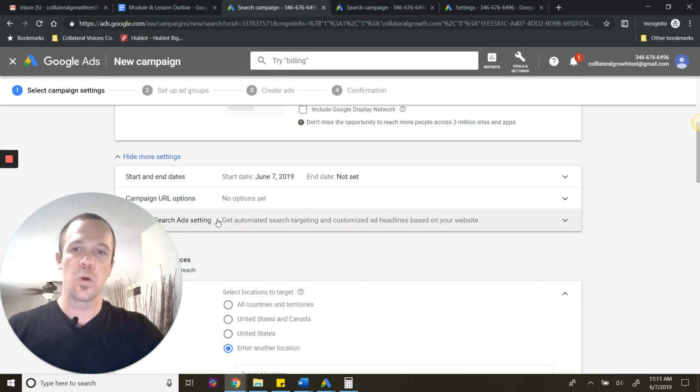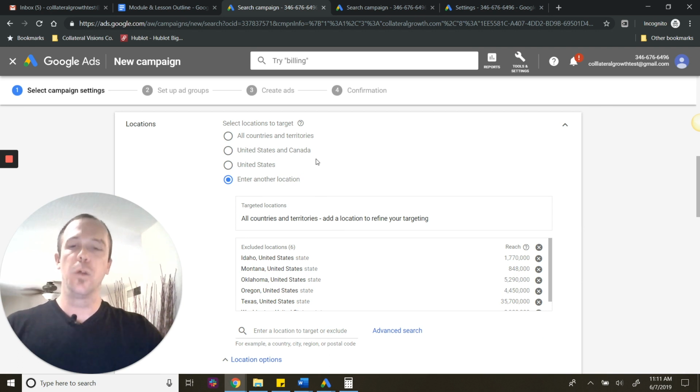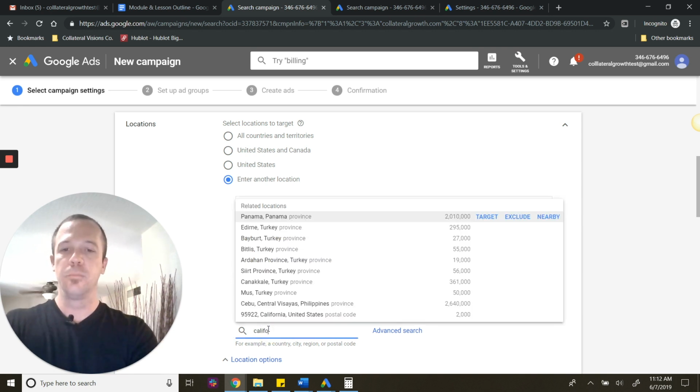You have the campaign URL and the dynamic search ad, which we're going to cover in the next lesson. But as we jump down into the locations, this is basically where your ads are going to be shown. So as you see, there are some default options in there, such as all countries and territories, United States and Canada, United States, and then you have some enter other locations, right? Where you can actually just put in, let's say we want to target California,